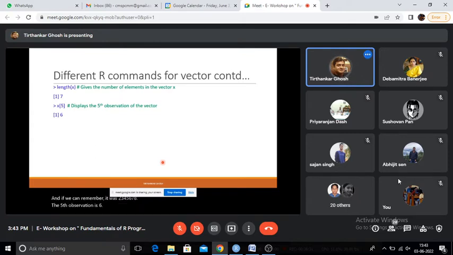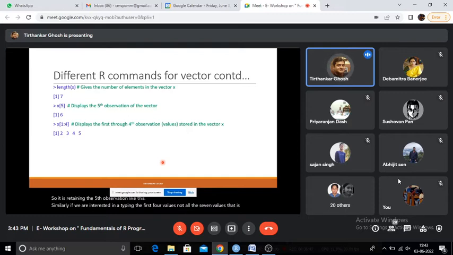It returns the fifth observation like this. Similarly, if we are interested in the first 4 values, not all 7, that is the first through fourth observation, we write x and within square brackets 1 colon 4. That returns the values from the first up to the fourth.